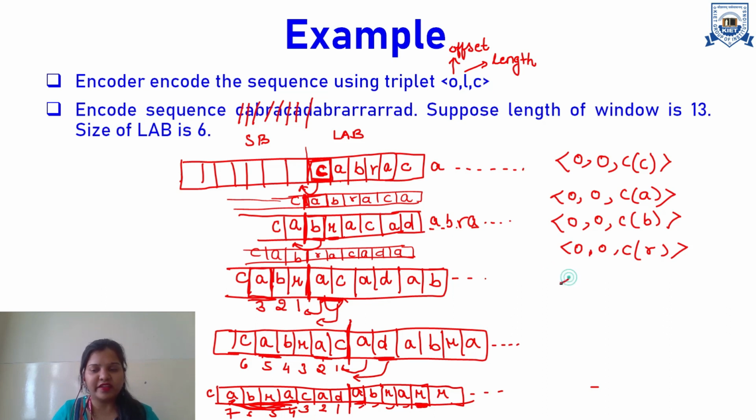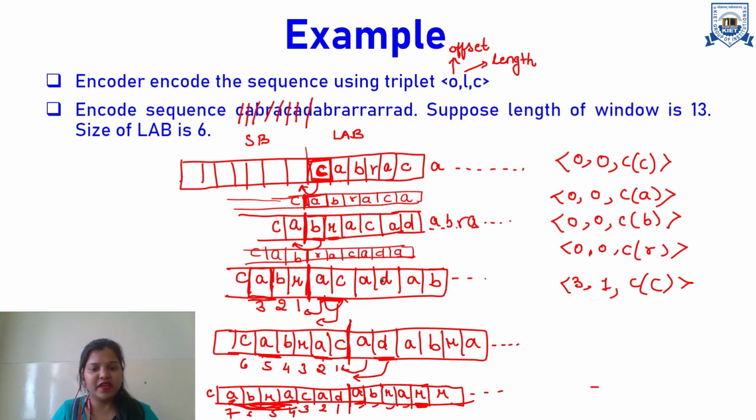So I will write here offset as 3. What is the length of this match sequence? Only A is matched here, so length will be 1. Now rather than A, because we got the match for A here, I will send code for C, the next element after this searched element, code for C. And these two alphabets will be slided towards the search buffer, A, C both.